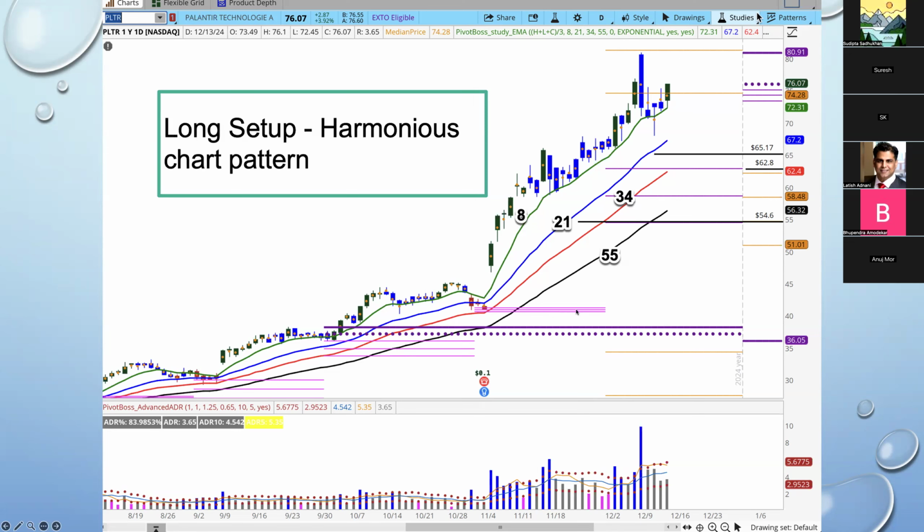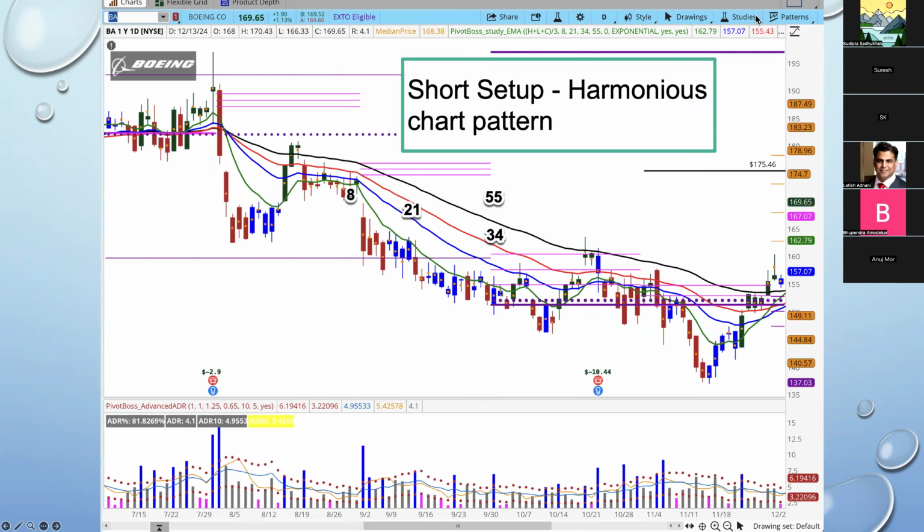Okay, this is a strong uptrend, this is a strong downtrend. Here, price is moving with the moving averages overlapping each other. Do you see any clear direction? It might go in any direction. Avoid that completely. If the moving averages are trading without overlapping each other, 8, 21, 34, 55,